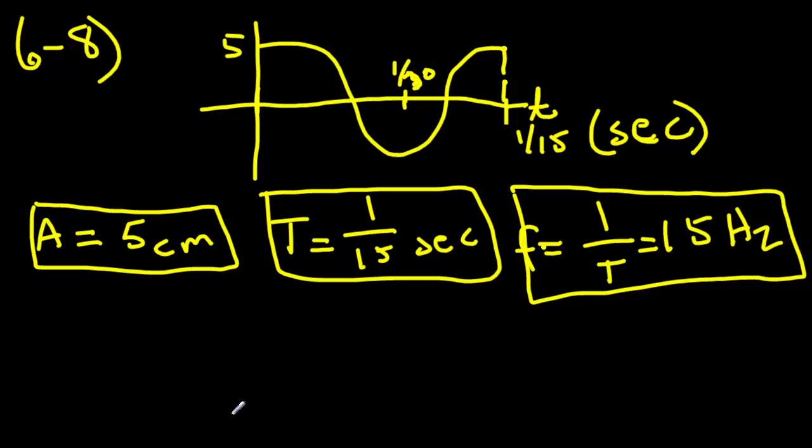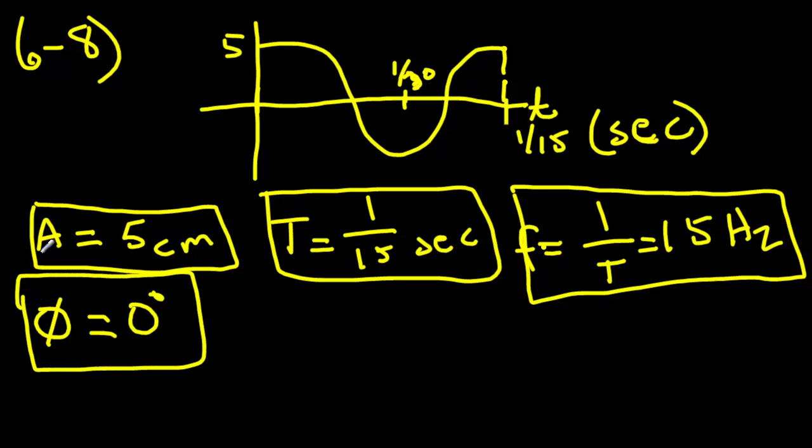So we have our amplitude, our frequency, and now our phase. Our phase angle, if we're thinking of this as a cosine graph, is just equal to 0. There is no phase angle. There's no phase shift at all because we're saying that this is a cosine. So phase is 0 degrees. And that's because we can then represent this as